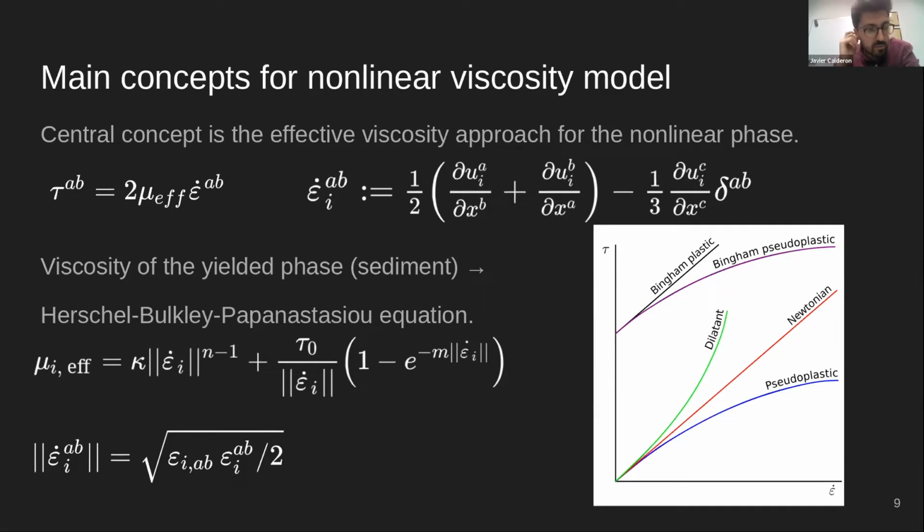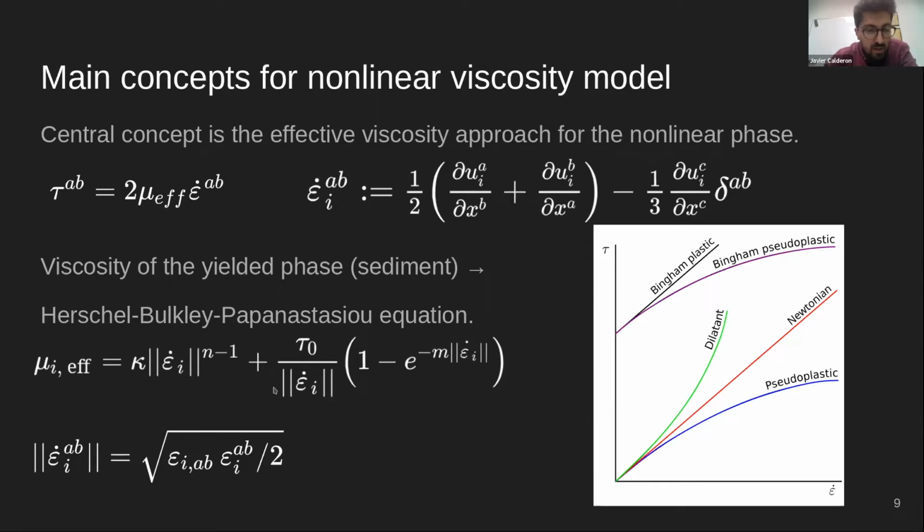So we can use the same approach for all the phases included. In particular, we model the stress with an effective or equivalent viscosity, and we have the strain rate tensor defined as usual in the literature. And for this effective viscosity, what we use is a Herschel-Bulkley-Papanastasiou model, and the equation is as the one that